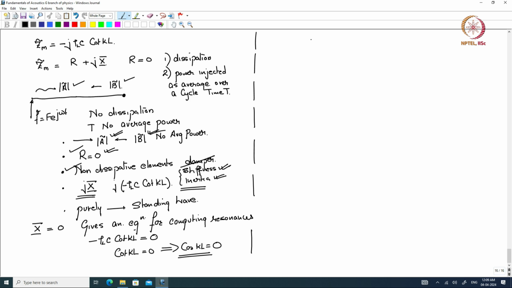So, let us see, we have cos KL equal to 0, okay, and so there are many conditions, many values of KL for which this happens. So, this is going to be KL is going to be twice n plus 1 pi by 2, okay, n going from 0, 1, etc. Okay. So, my Kn, K acquires an index now, n index, which is twice n plus 1 pi by 2L,